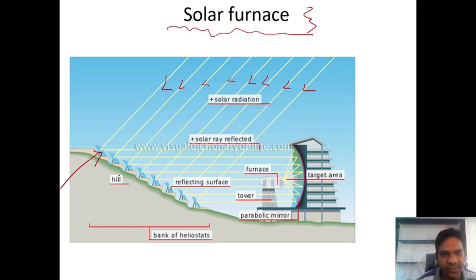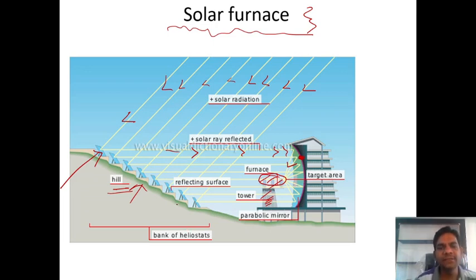Okay, so this heliostat is located at the top of the hills, guys. There is a hill arrangement. There are so many heliostats there. The function of the heliostat is to reflect the solar radiation. This solar radiation will be reflected onto these parabolic concentric collectors, and from this parabolic concentric collector it will be reflected onto the solar furnace. This solar furnace is placed at the top of the tower. So what are the components? Heliostats, then these parabolic mirrors, tower and furnace, and these are our concentric collectors.